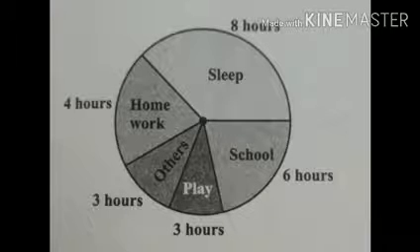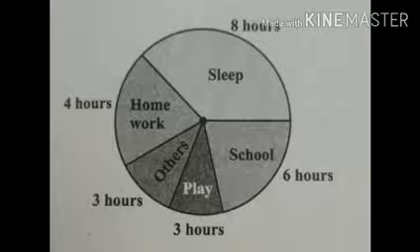A day is divided into different hours. But all of us know that total hours in a day is 24. So for this particular question, the total hours is 24, or the total number is 24. And that 24-hour day is divided into 8 hours of sleep, 6 hours of school, 3 hours of play, 3 hours of other activities, and 4 hours of homework. Let's see how to convert this information into percentage and into degrees, because we need the information in degrees if we need to make a pie graph.